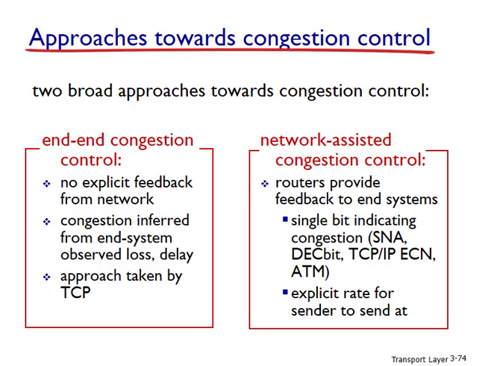TCP segment loss, indicated by a timeout or a triple duplicate acknowledgement, is taken as an indication of network congestion, and TCP decreases its window size accordingly. We will also see a more recent proposal for TCP congestion control that uses increasing round-trip delay values as indicators of increased network congestion. On the other hand, with network-assisted congestion control, network layer components, that is routers, provide explicit